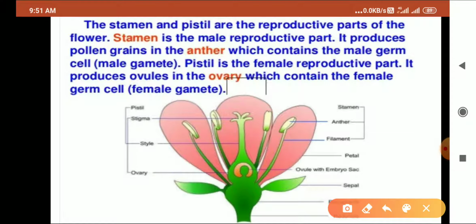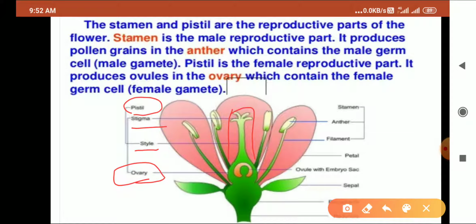In this diagram, you can see here we have the pistil. The pistil is the female part of the flower. In the center we have the pistil. This pistil, or the carpel, consists of three different parts. The upper part, which is a platform for the landing of the pollen grains, is named the stigma. Then we have the style, a long tubular structure that ends in the ovary, a swollen base present at the thalamus. So this whole consists of the pistil or the carpel. This is the female part of the flower. The ovary contains ovules within the embryo sac.